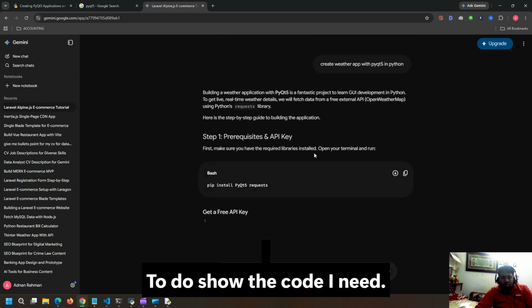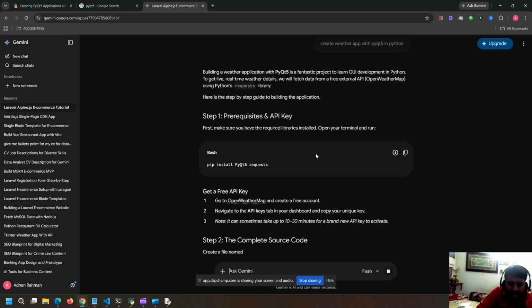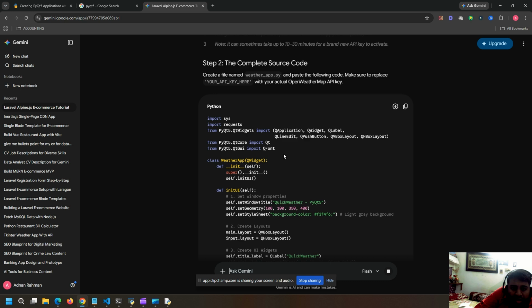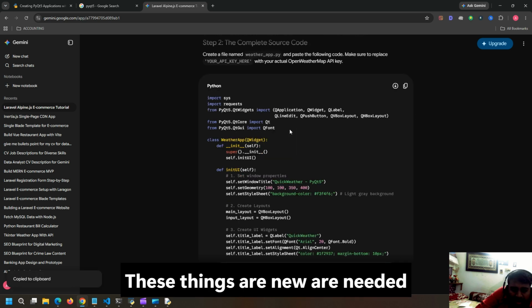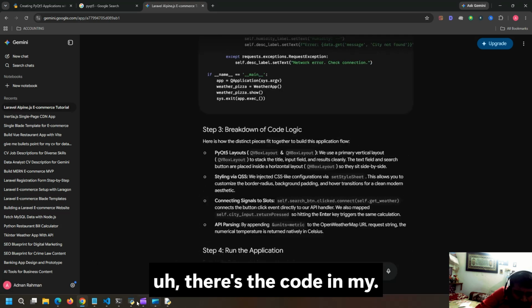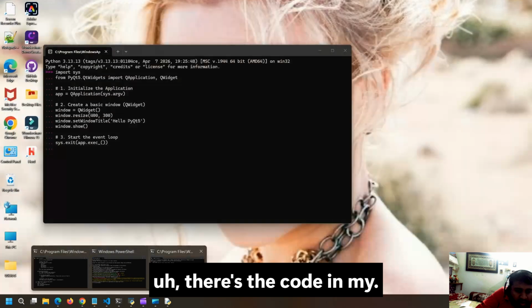It will show the code I need for building the application. These things are needed while creating the application. Let's paste the code in my Python